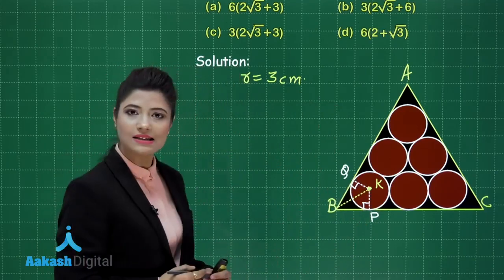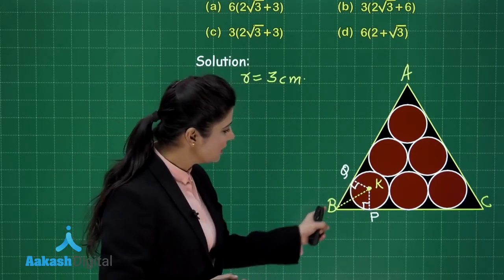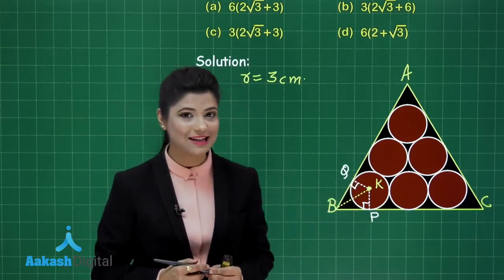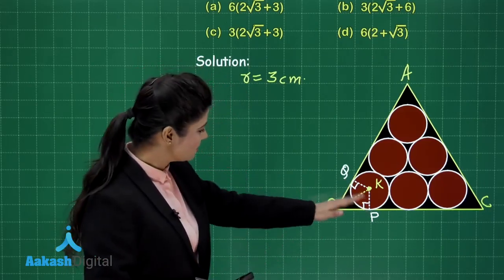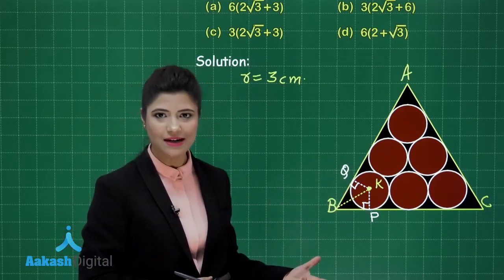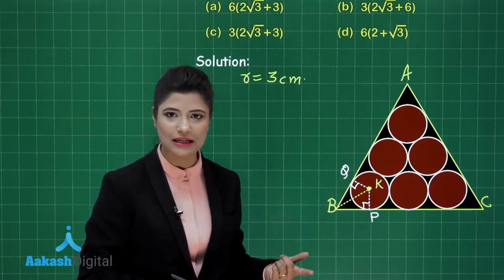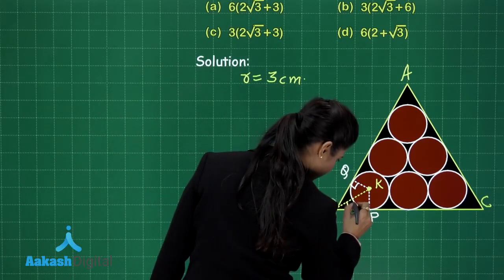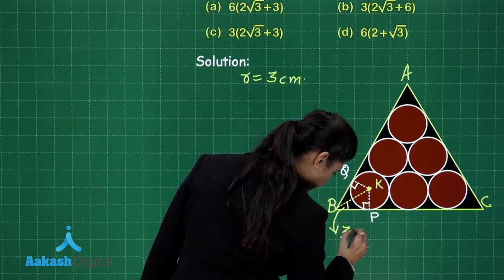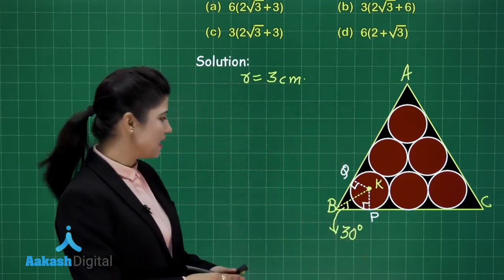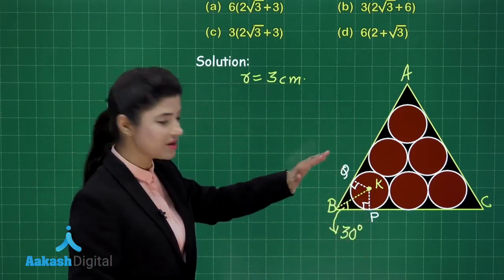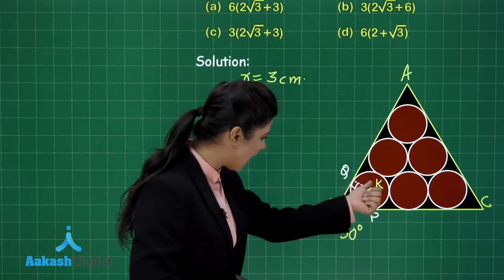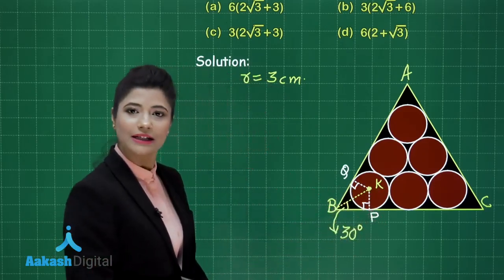So the center of the circle is K, BK is clearly the line joining the center of the circle. This angle B measures 60 degrees because it's an equilateral triangle. So if both the tangents are equally inclined to BK, then clearly BK will be bisecting angle B. And that means here we have this angle measuring 30 degrees. What is the clear reason for that? BP and BQ both are tangents which are equally inclined to the line joining the center. Angle B measuring 60 degrees makes this angle KBP equal to 30 degrees.